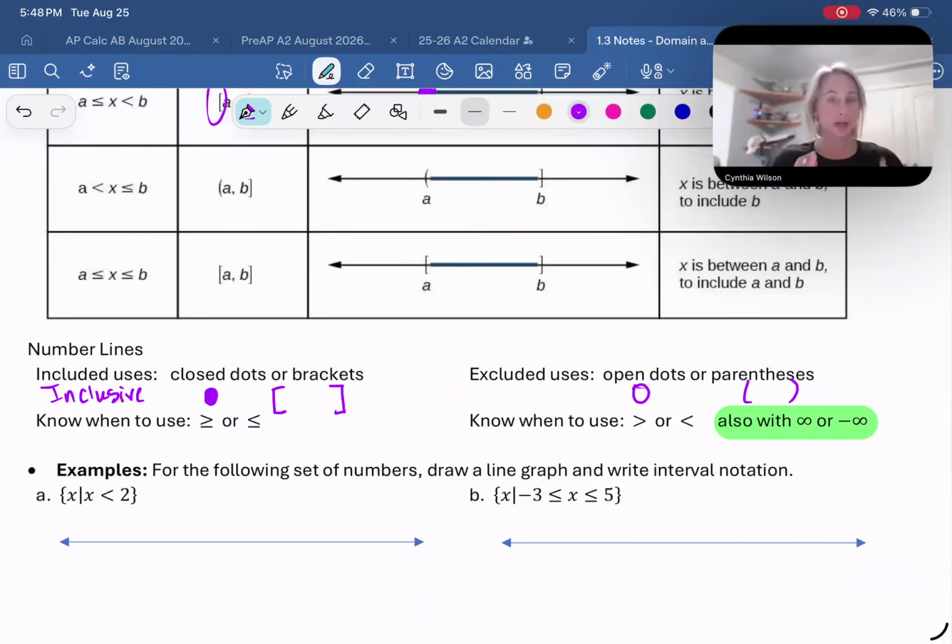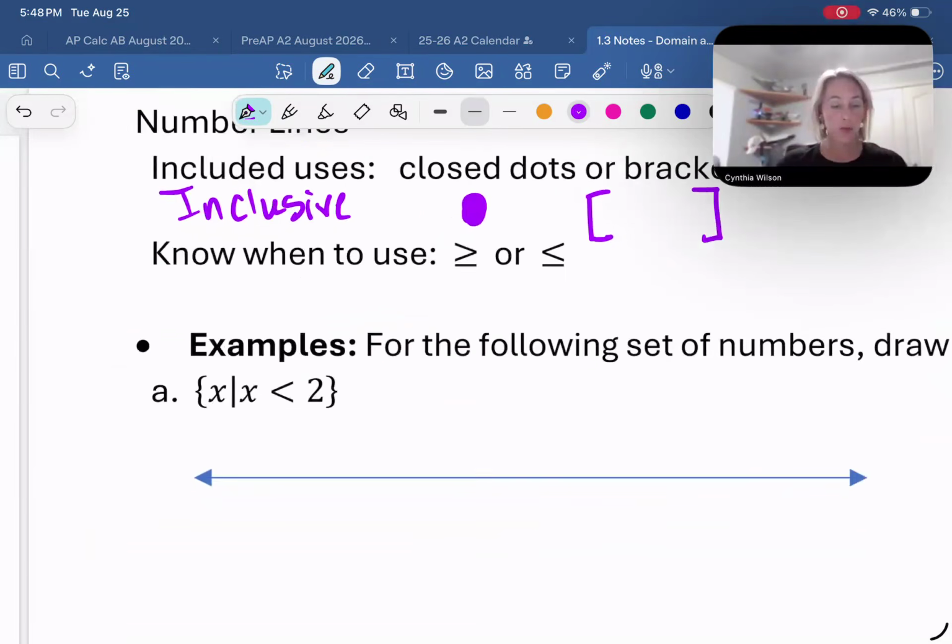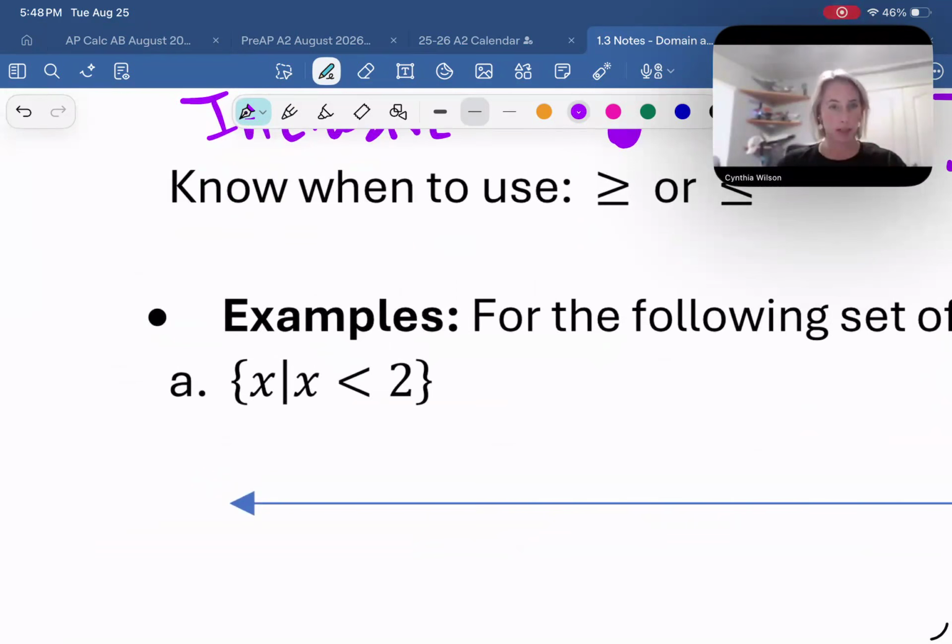So these are the notations that we're going to use. So the next couple examples are actually our next several examples. Draw the line graph and use interval notation. Okay. So I'm only going to go through the way this is worded once, because this is a weird notation here and I don't use it very often. But this part right here,